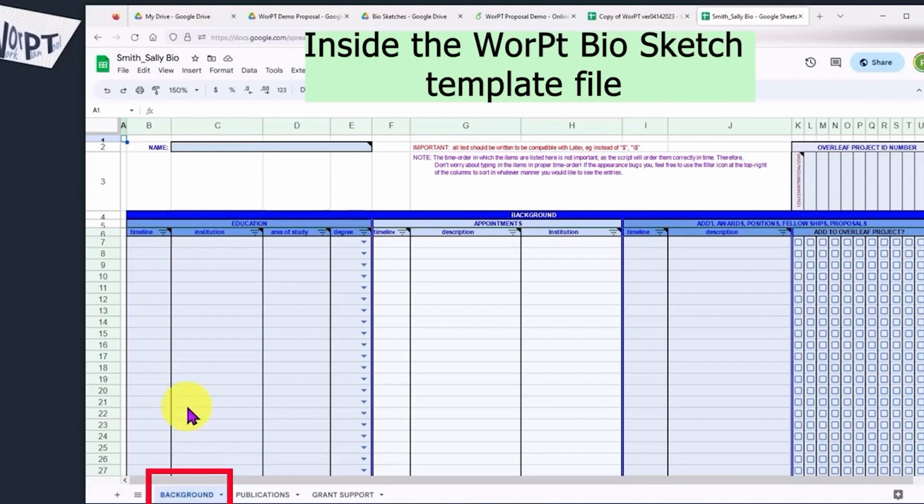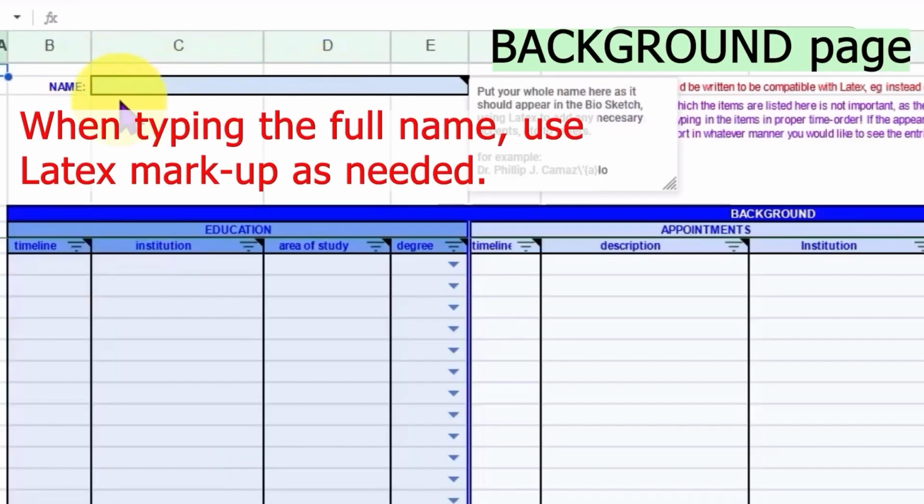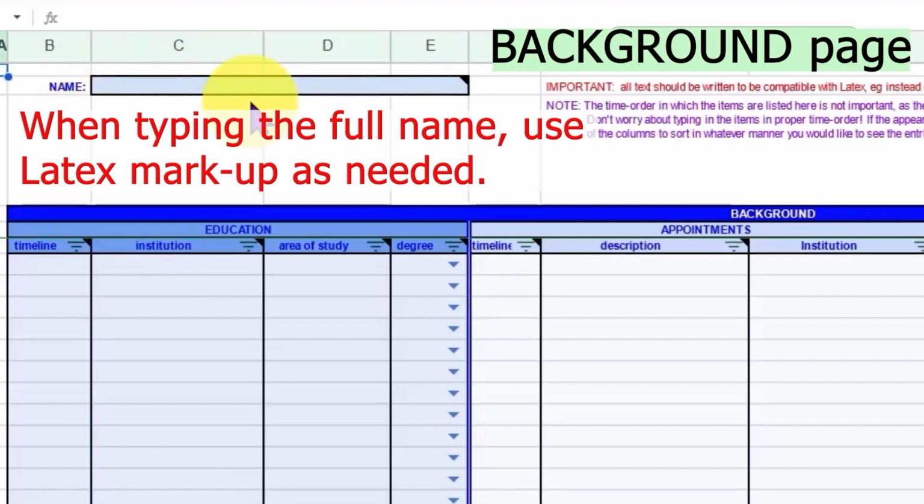appear for editing. The first thing you want to do is fill out the full name of the person as you would like to see it appear in the proposal in the current and pending grant sections or the biosketch sections. Include titles such as Doctor where appropriate, and use LaTeX markup for special characters that might appear in